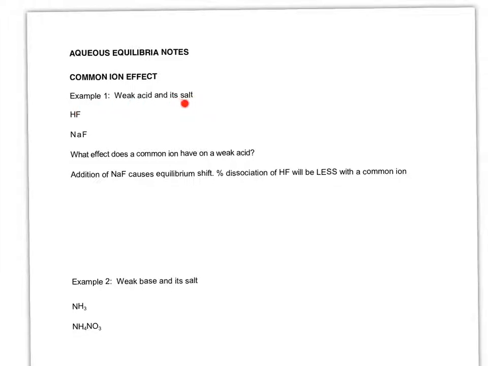A salt that has the same ion as the weak acid would be something that has F- in it, something like NaF. So this would be a weak acid and its salt, meaning that it has the ion from the acid. So let's say you take these and you put them both in water, and so the HF, since